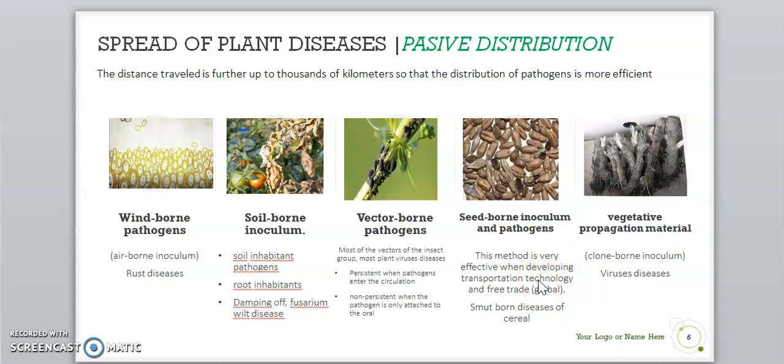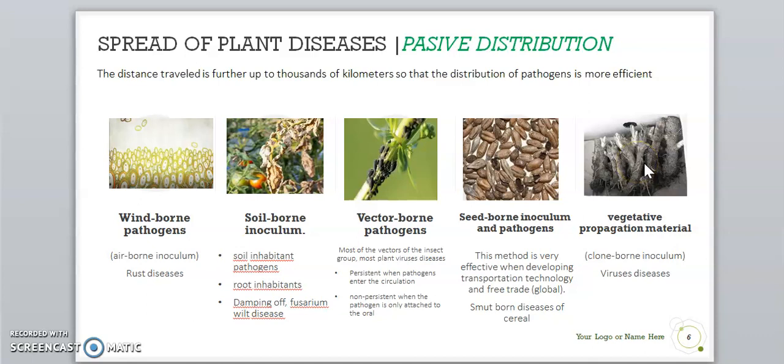There is perdagangan bebas, so it's very dangerous, like smut disease of cereal. This is the smut disease of cereal. Okay, and then